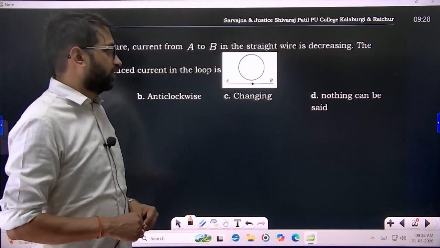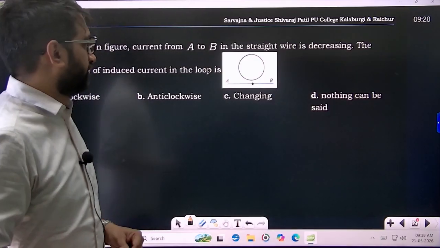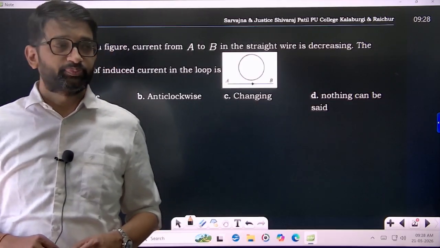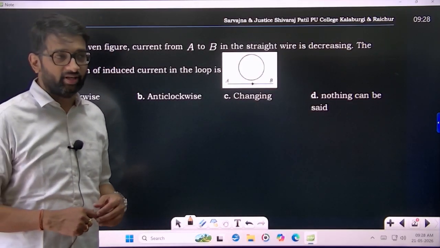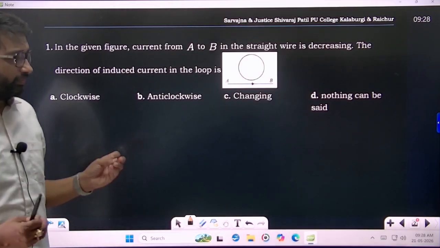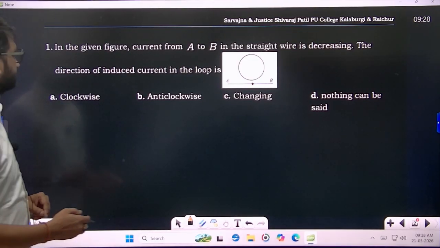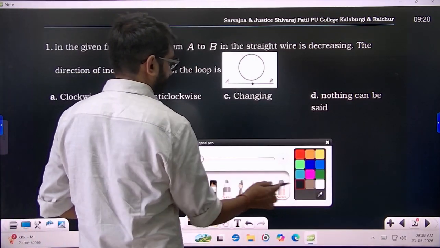So today we will be doing some problems from electromagnetic induction, alternating currents and magnetism and matter. A few important models wherein you can revise the formulae. So here in the given figure,